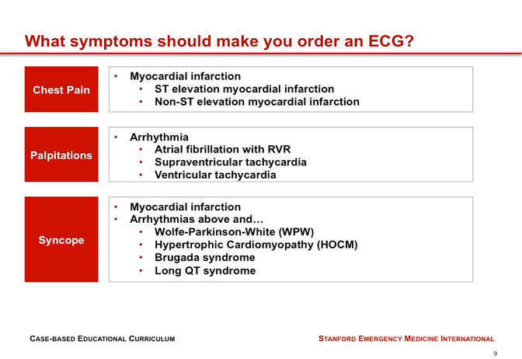The next symptom that should make you think to order an EKG is syncope. Syncope is loss of consciousness. Patients lose consciousness for many reasons. However, some of those reasons are myocardial infarction and arrhythmia. So if a patient has syncope and you have an EKG machine, it's a good idea to look and see whether or not they've had a myocardial infarction and whether they have any of the arrhythmias we mentioned above and